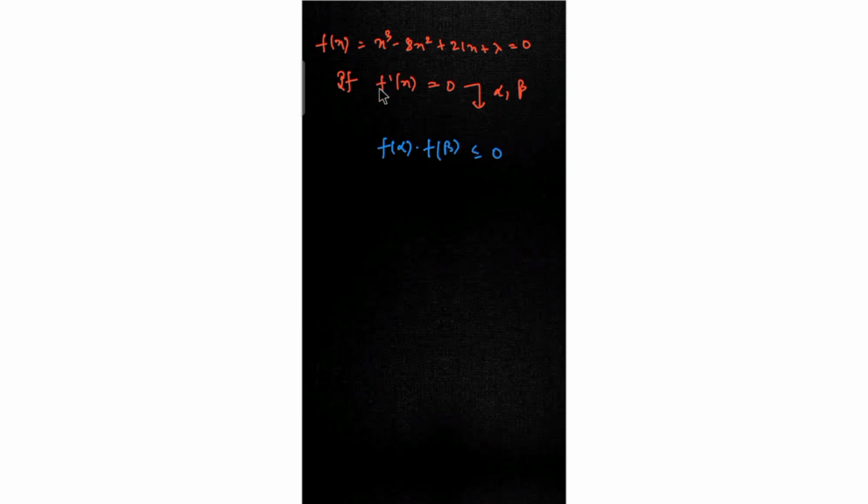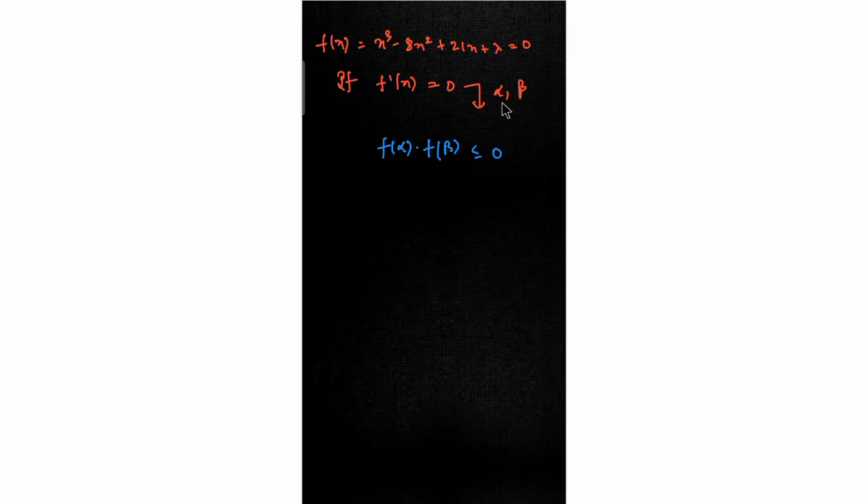Because f dash of x equal to 0 is a quadratic equation and we have roots alpha and beta, at the positions of alpha and beta we have either a local maxima or a local minima. So definitely the product of these two will be less than or equal to 0. It may be a double root of this cubic equation, that's the reason it may be equal to 0, but if that's not the case, we'll have these two less than 0,